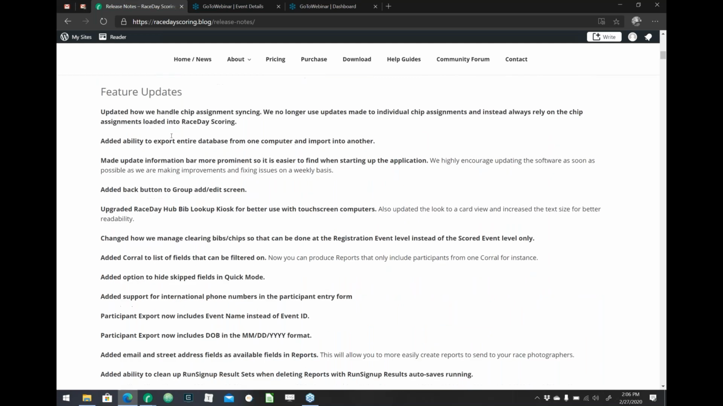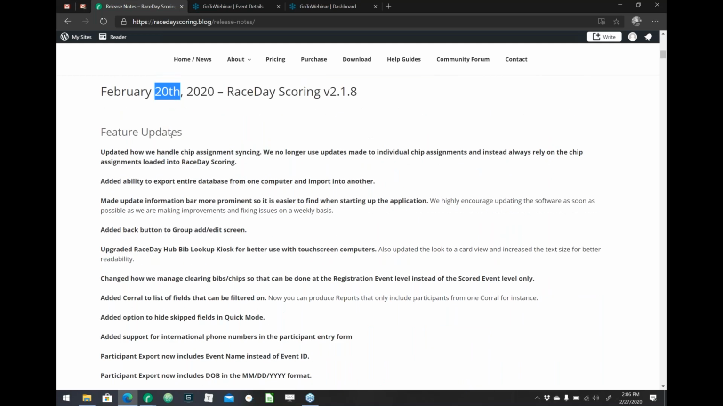February 20th, so it was a couple of weeks until we did this update. We had a bunch of things that we changed, and we wanted to make sure we had it nice and stable before we put it out into the public's hands. So we updated how we handle chip assignment syncing. We no longer use updates made to individual chip assignments, and instead always rely on the chip assignments loaded into RaceDay scoring. So this means that we kind of replicated the way that the race director works, in that